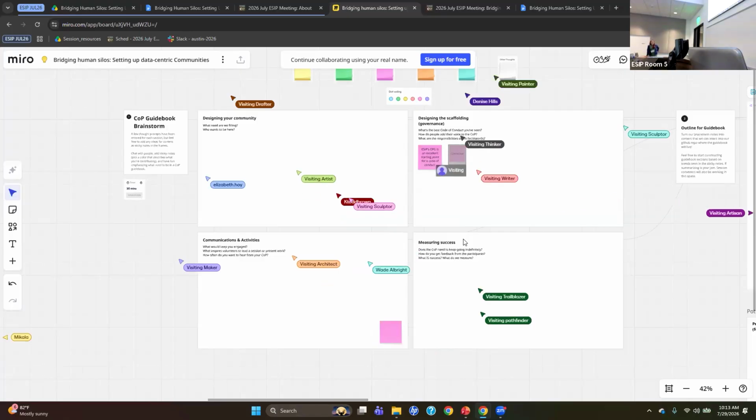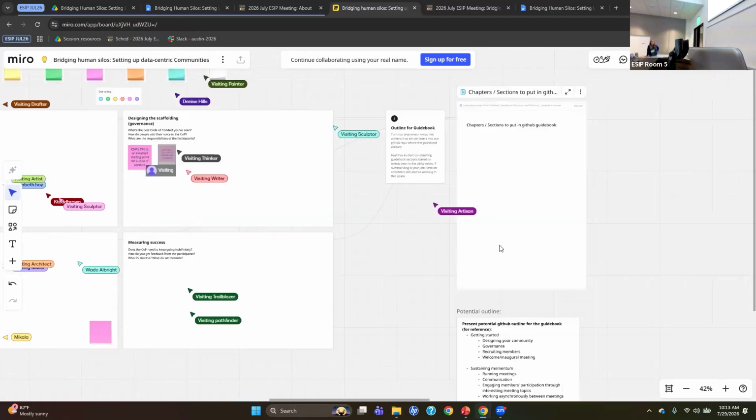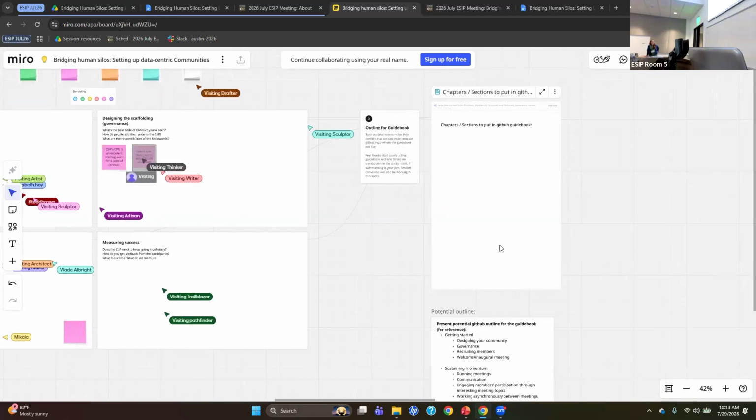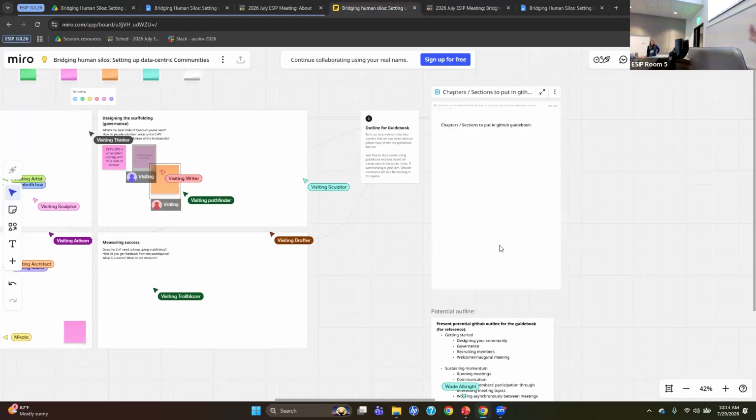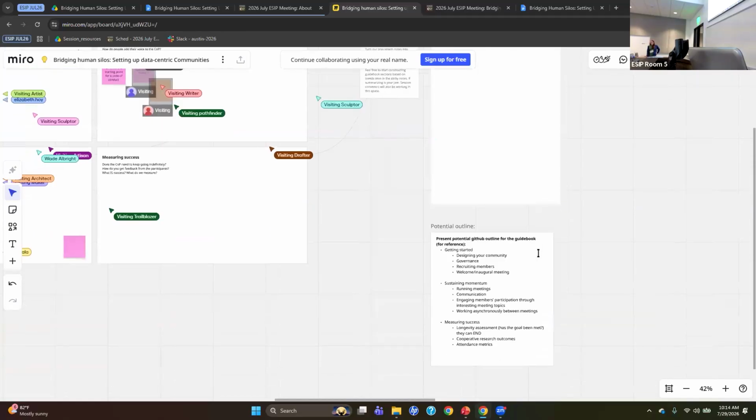So again, to remind us what we're trying to do is we're going to put this all into an online GitHub repo that's a guidebook to help people think about all the things they need to do to kind of ramp one of these up. And if you never want to build a community of practice, but you just want to be a part of one, be sure to contribute the things that you think ought to be there that would make you want to keep coming back. So those are the kind of things that we would like people to keep in mind.